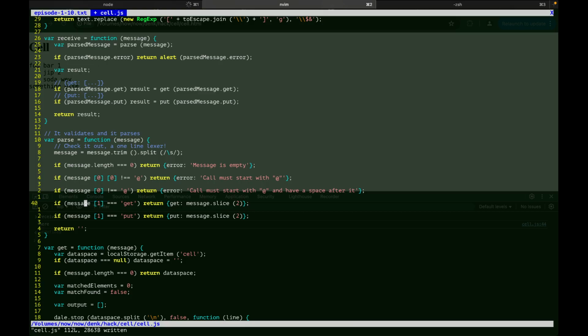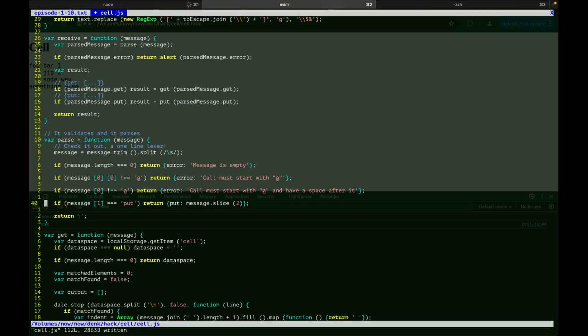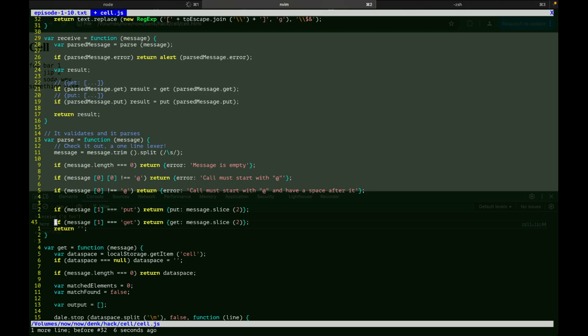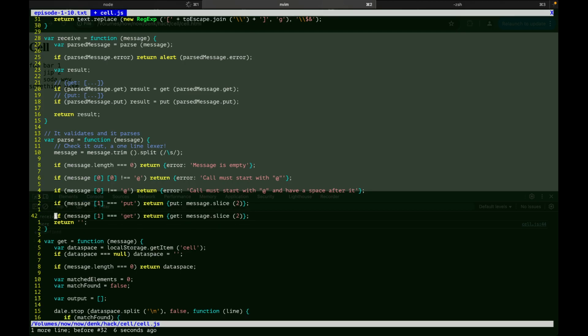What do I want? What I want is, because I still have to do the dispatch, I still have to do the dispatch. So let's just do this. And then otherwise, I'm just going to do basically, if the message is put, do this. Otherwise, return. Why did I do that? And then I will change that, but let's just not be too hasty. Otherwise, I'm going to return